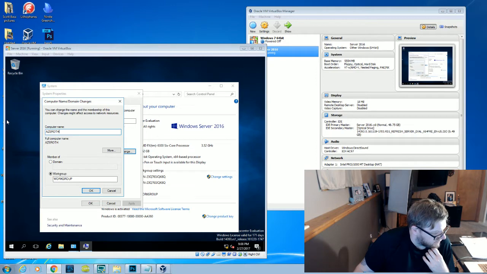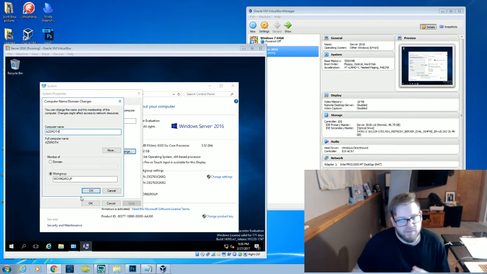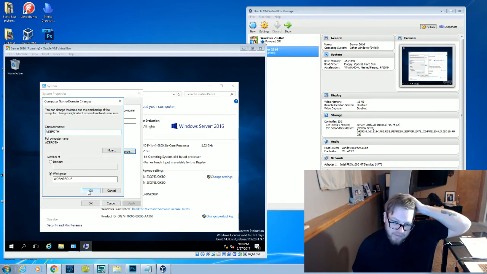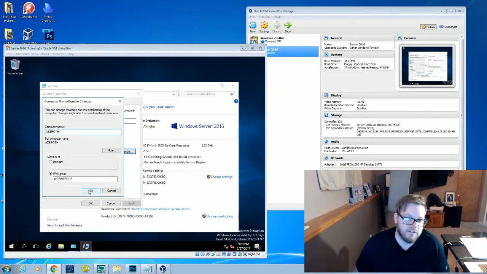Alright, so it's going to be Azeroth, because that's the world of Warcraft. And since this is going to be the DC and everything's going to connect to the server, we're going to go with it.